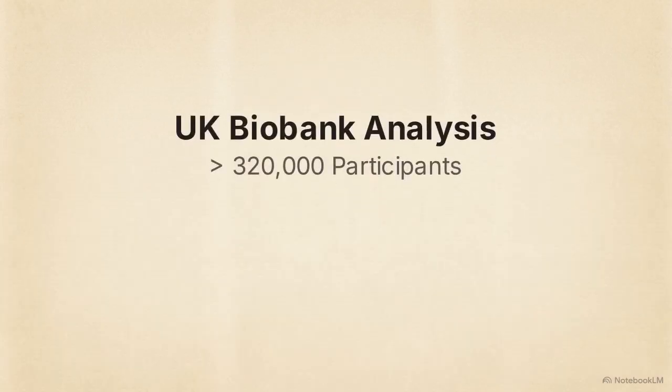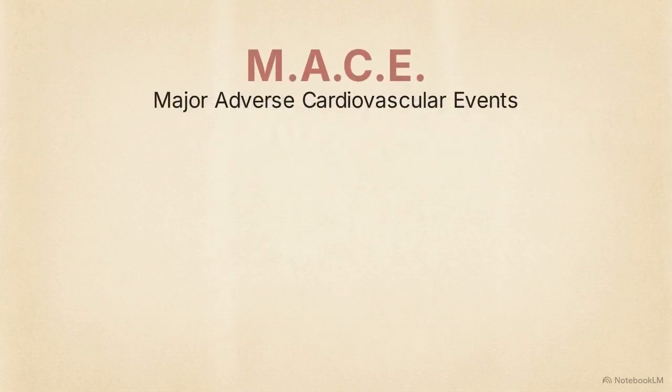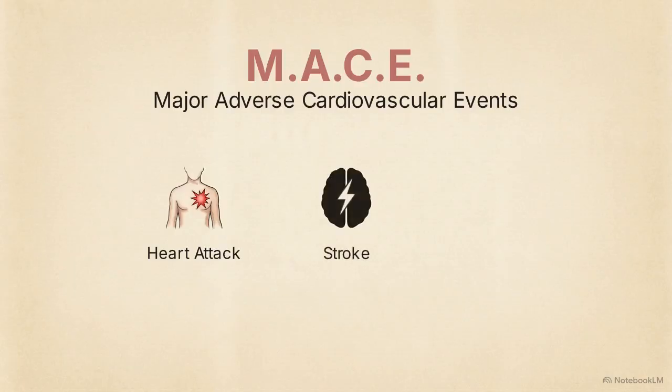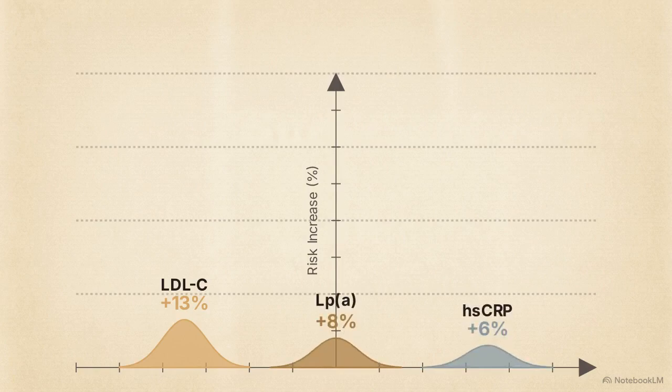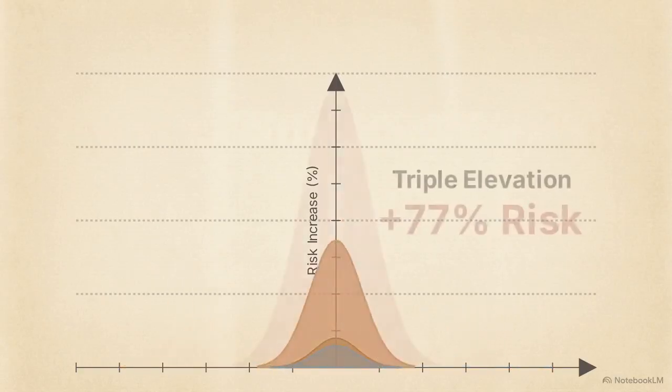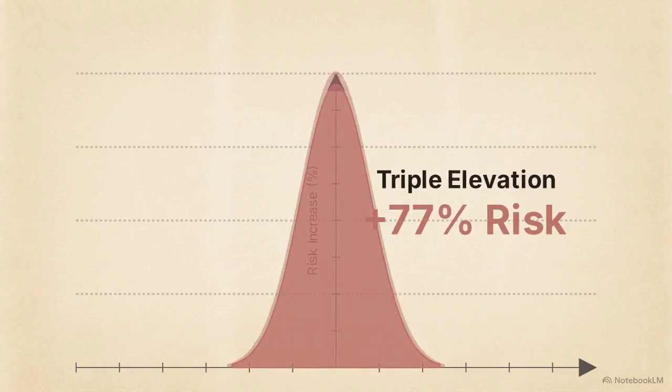dissolve. This 3D risk map illustrates the findings from over 320,000 UK Biobank participants, quantifying the isolated risk of major adverse cardiovascular events, or MACE. MACE is a composite metric that includes severe clinical outcomes like heart attacks, strokes, and cardiovascular death. In isolation, high LDL-C elevates MACE risk by 13%. High LPA elevates it by 8%. High hsCRP elevates it by 6%. When a patient exhibits a triple elevation of all three markers, individual risks compound into a massive 77% spike in